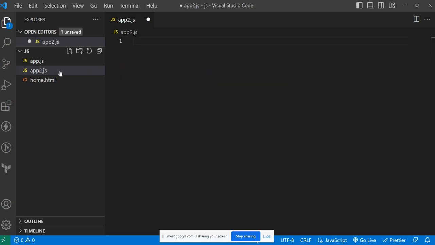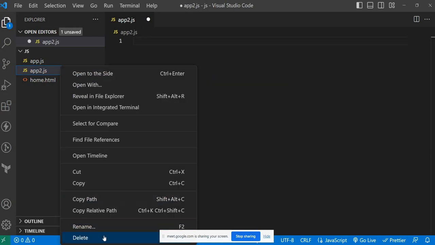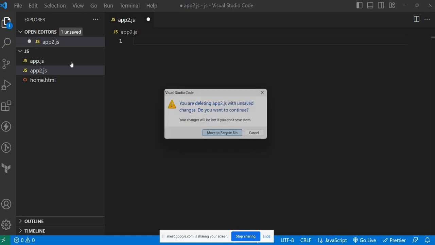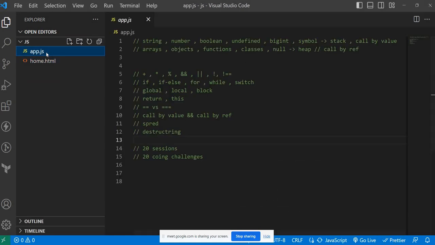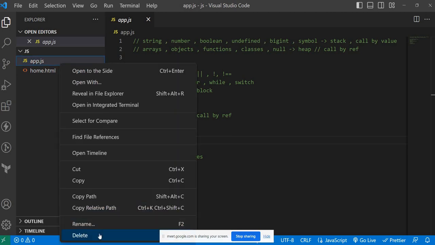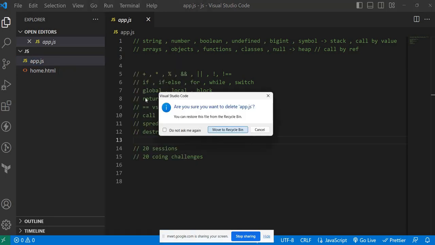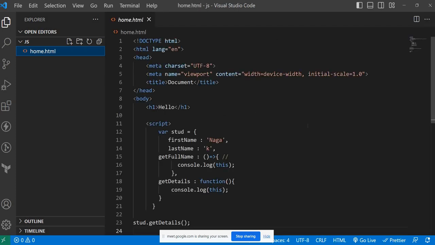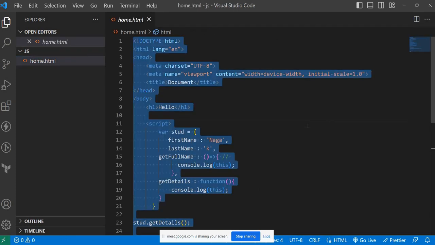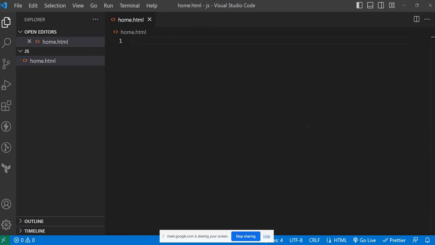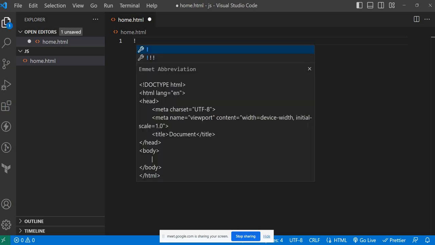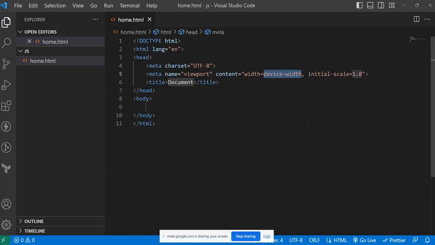Okay. So now I'm just deleting all these files, app2.js. So this is home.html. Even I'm removing everything. So I hope you know the basics of HTML. That's why I'm just creating a template. So this is the head and body, and this is where we are mentioning that this is the HTML